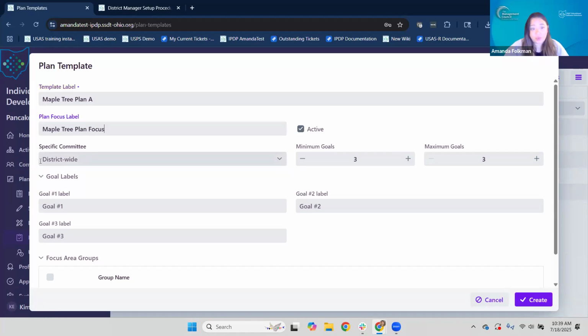And then this is where we could pick a specific committee. So what's the committee that this plan template is going to be for? And so I can pick the committee that we just created. The next part here is setting the minimum and maximum goals. So this is going to determine when that employee fills out their plan, how many goals they need to at least have, and how many goals can they have overall? So if I were to increase, let's say they have to have at least 3 goals,